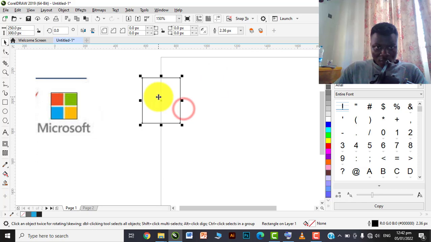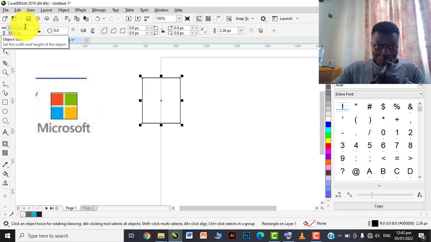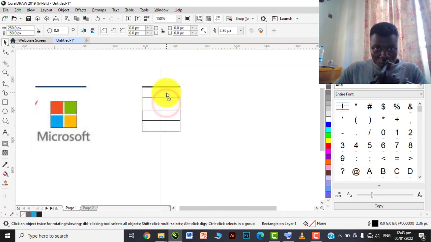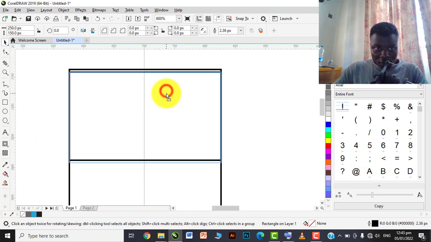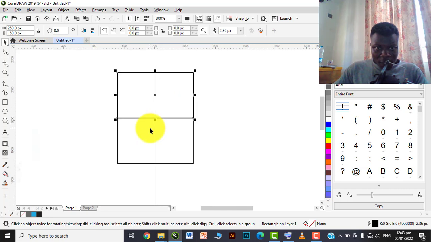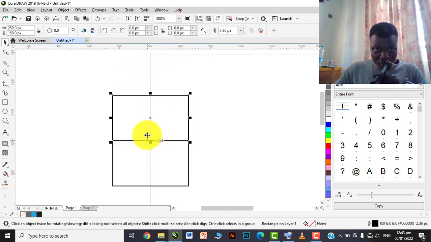Now we're going to divide this into 2. So let's say Ctrl C, Ctrl V. All right, let's divide the horizontal axis into 2. Okay, perfect. So put it here like this. Now we can actually remove this. We can actually create a demarcation. But before we create the demarcation,